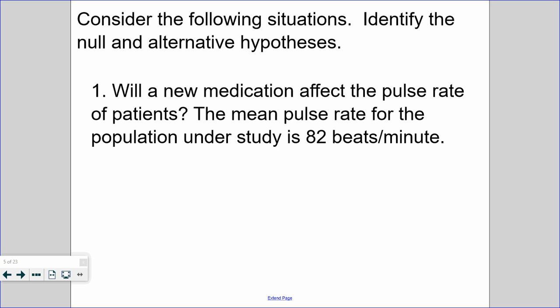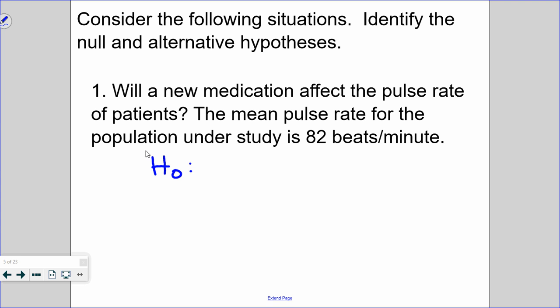So will a new medication affect the pulse rate of patients? The mean pulse rate for the population under study is 82 beats per minute. This is definitely something that when you do research in the medical field, you're going to do statistical tests. Is this medication helping these patients, or is it just due to chance that several patients had higher or lower, whatever it is? Okay, so our null hypothesis, our H naught,